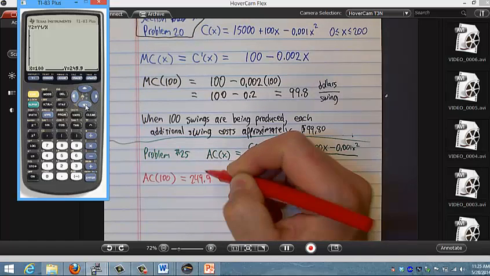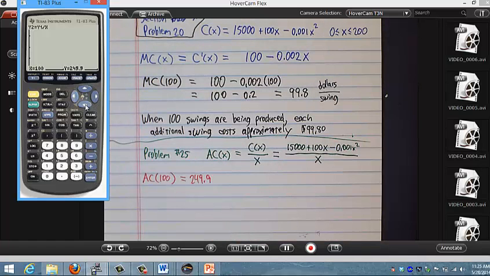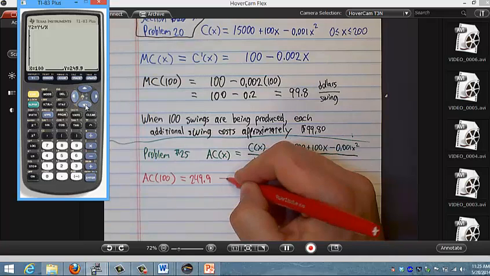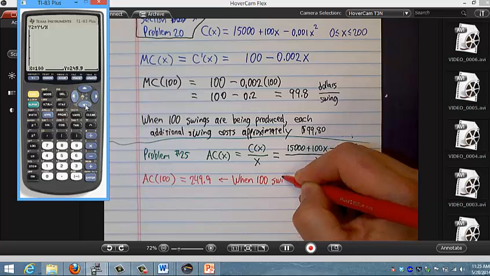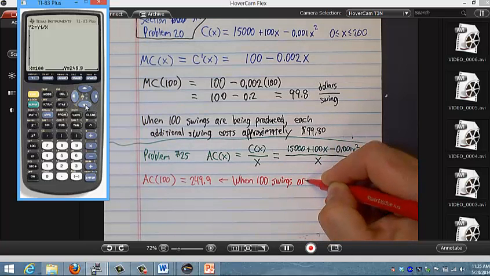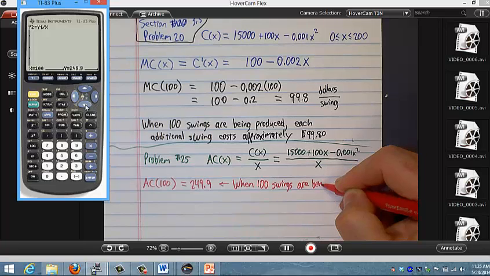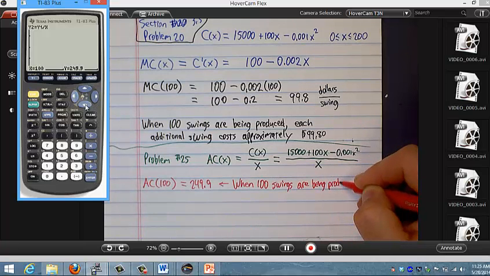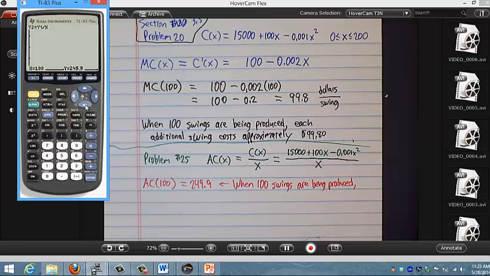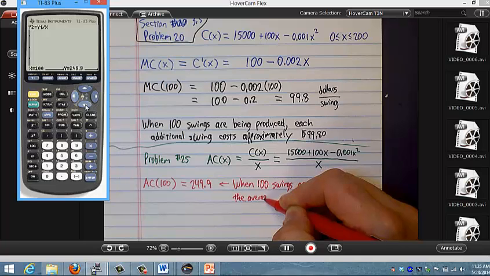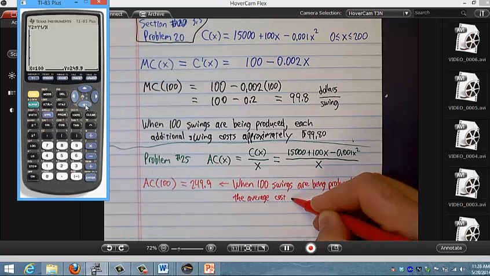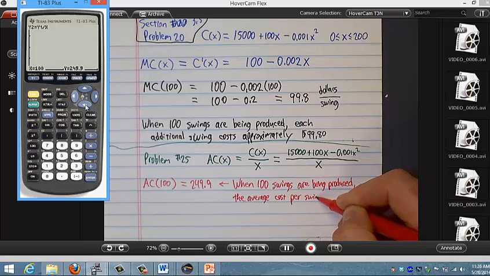And I know you didn't need all that calculating to do this, but it's nice to have for future examples, so I like to show it in class. All right. So how do we interpret? Well, again, when 100 swings are being produced, what would you say? The average cost per swing is